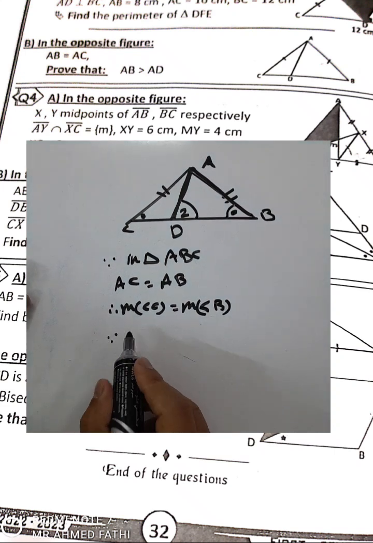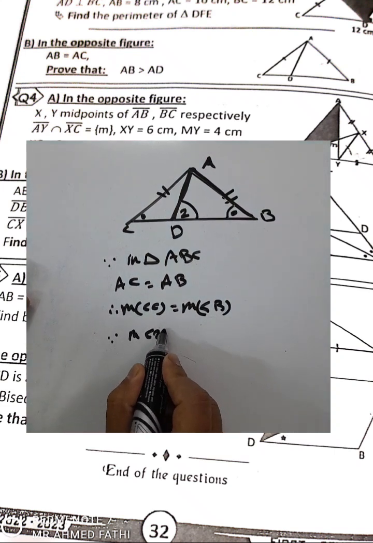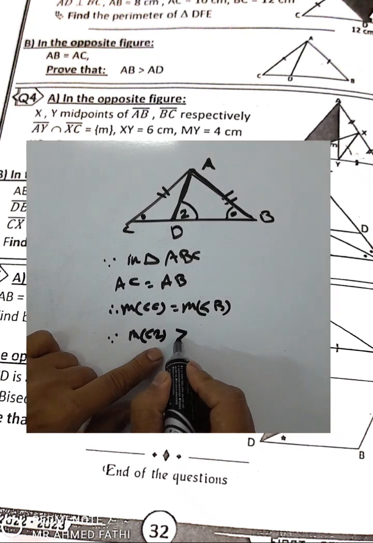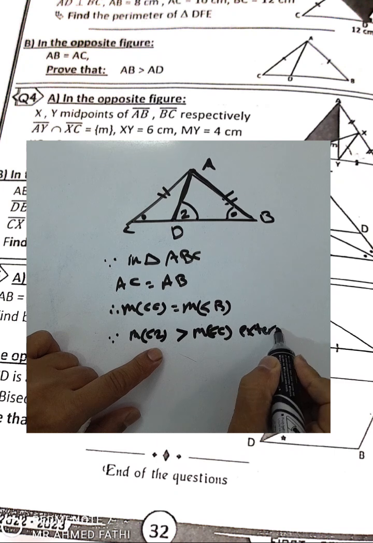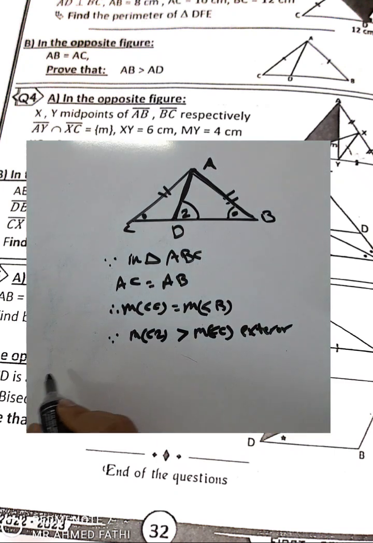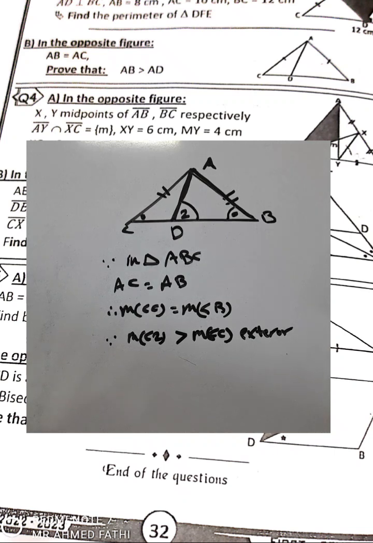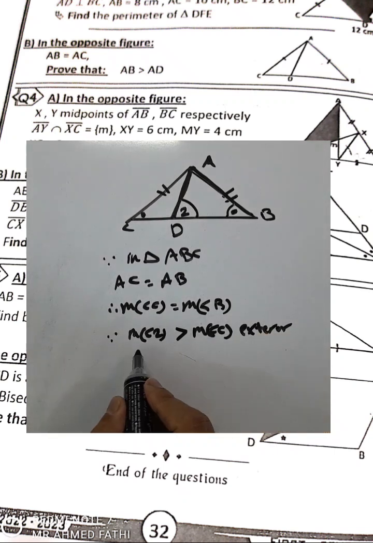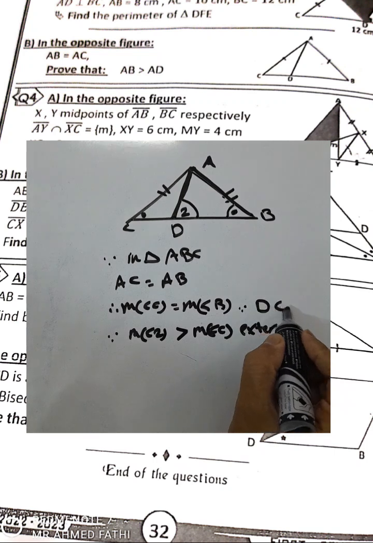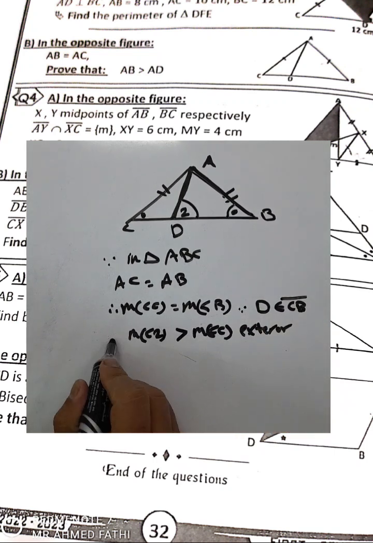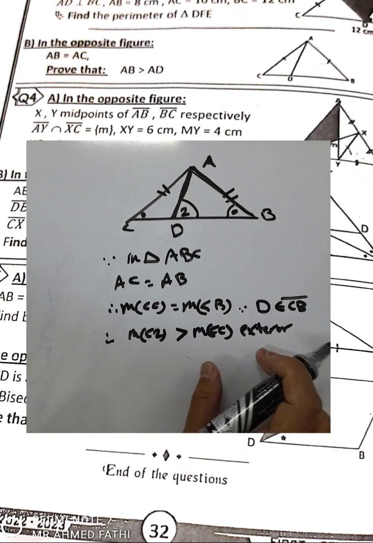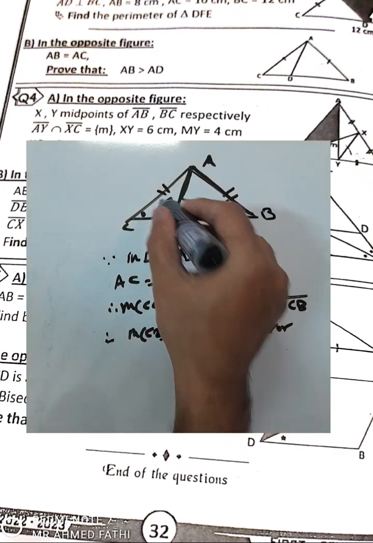And then measure of angle 2 is greater than measure of angle C, exterior angle. Okay, we have an exterior angle. Such that D was falling on BC, then measure of angle 2 is greater than measure of angle C, because it's an exterior angle